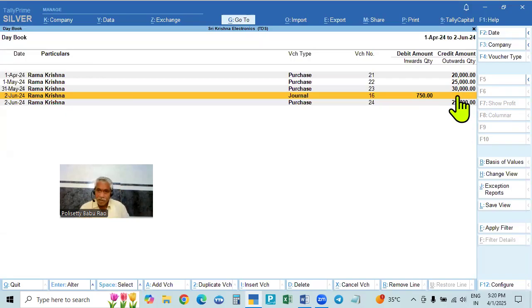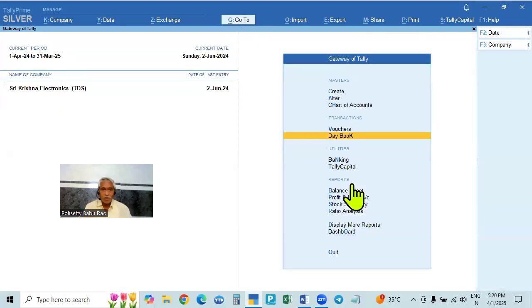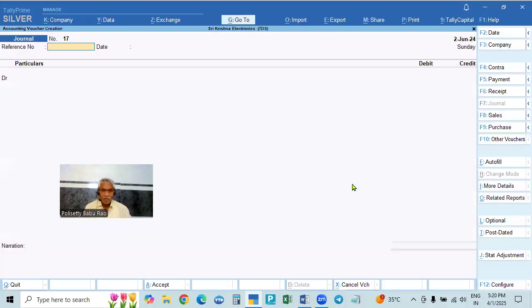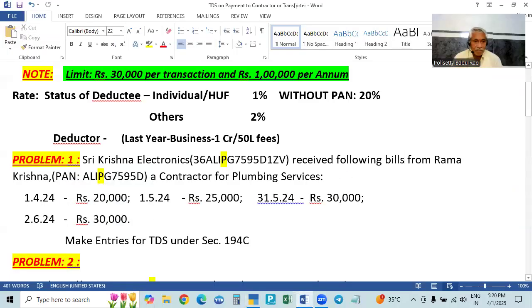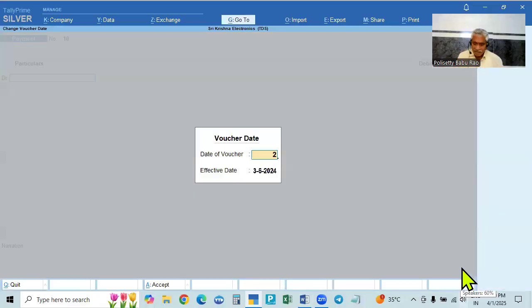That is not recorded. Actually, we will record them when the amount is paid to them. So April amount will be paid, May amount, June amount, these three amounts will be paid. This amount was just now deducted, then at a later date we will pay. All these can be paid so that we can show it as paid. Just to show that payment also actually we have to pay. Then only every month we will pay. At the end we will deduct and pay. So here we take up payment. The first one is 1st April. For example, we will make it on 2nd April. 1st April we did not deduct, and we directly pay to the government before 7th of next month.